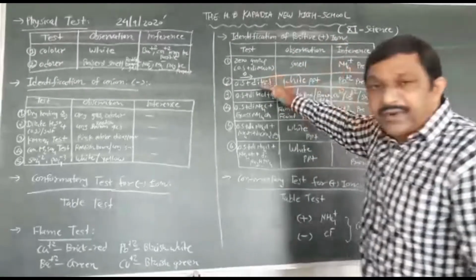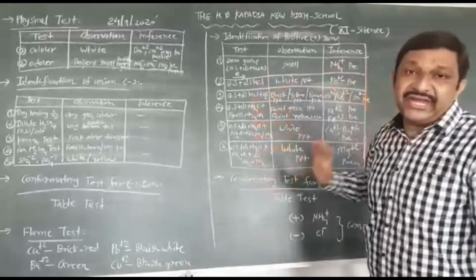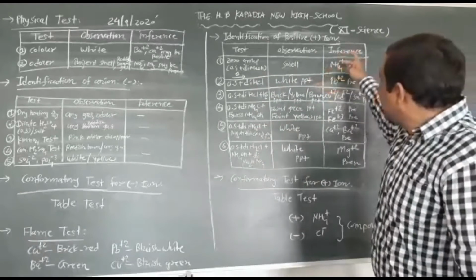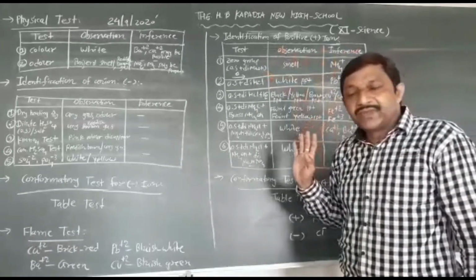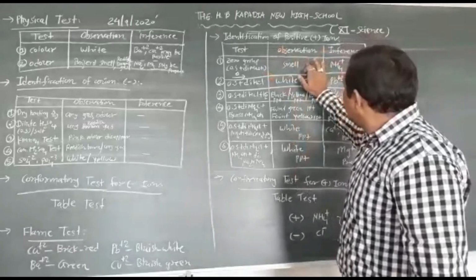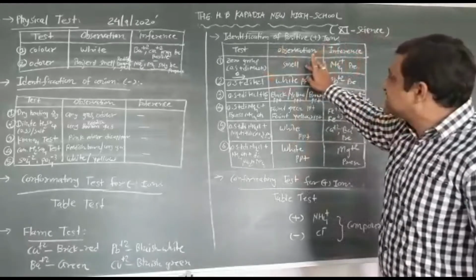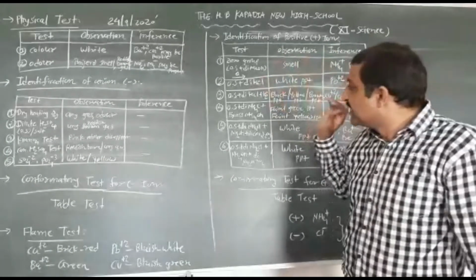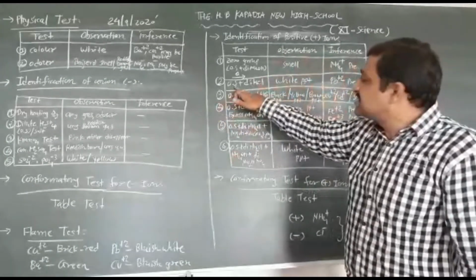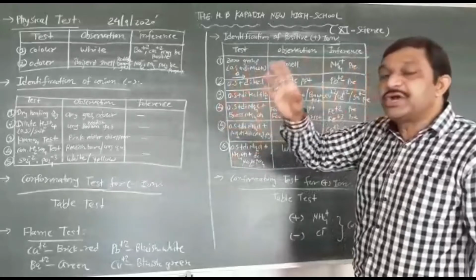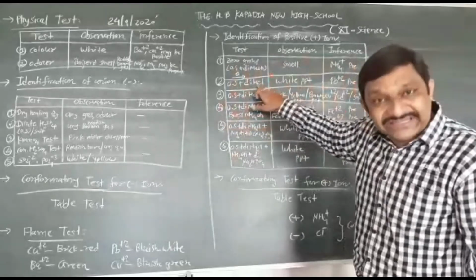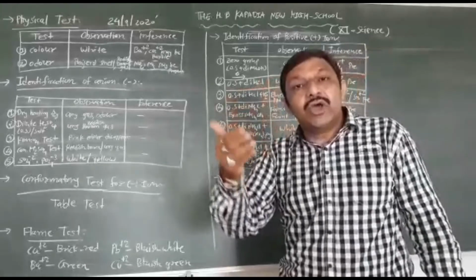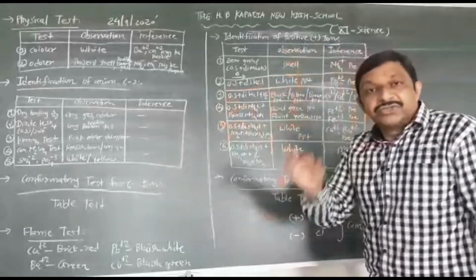Then you will not perform any more tests, because you have to catch NH4+ in your zero group. Now if there is not any gas in zero group, then you will perform first group. So in first group, OS or original solution or salt plus dilute HCl. You have to add dilute HCl in your test tube.